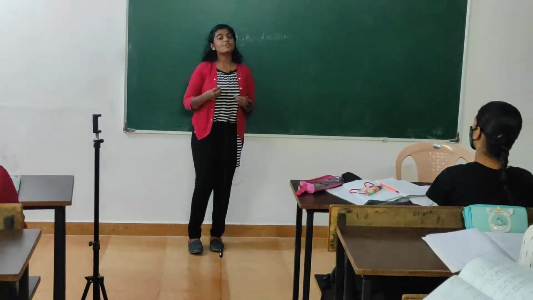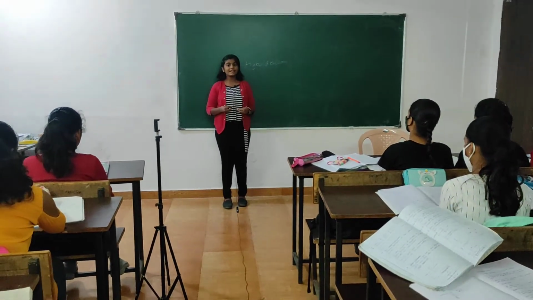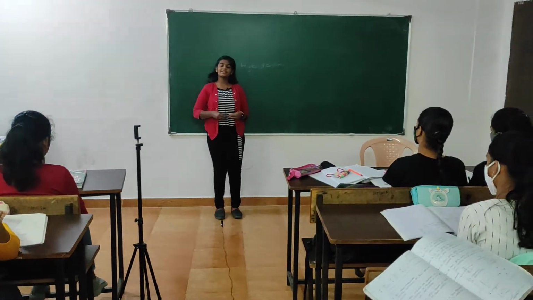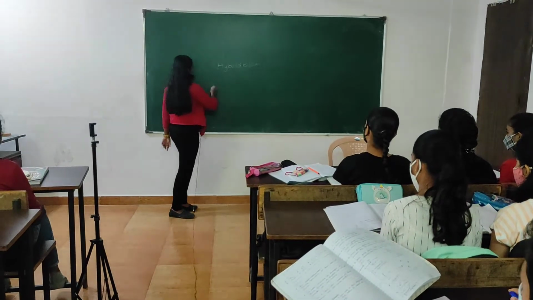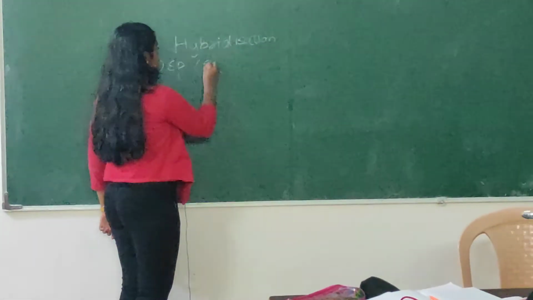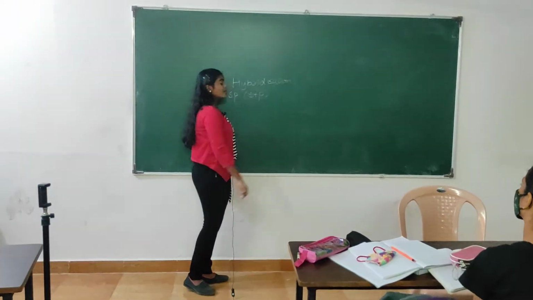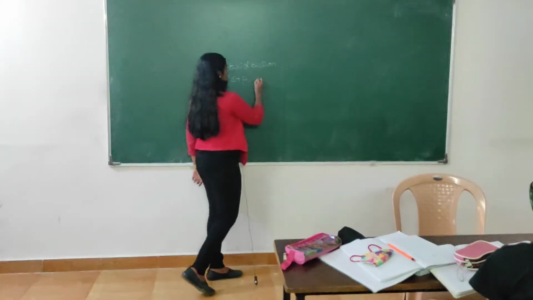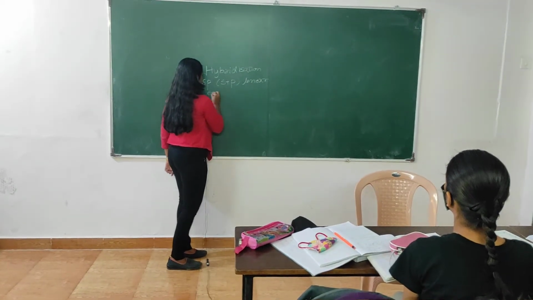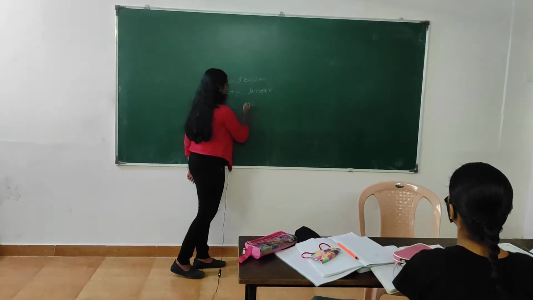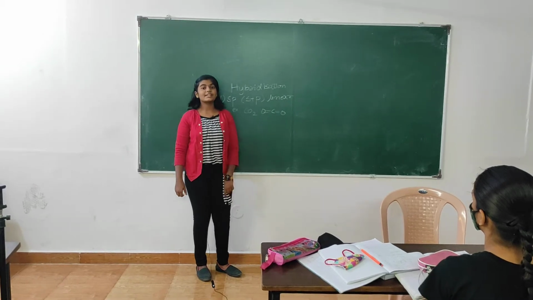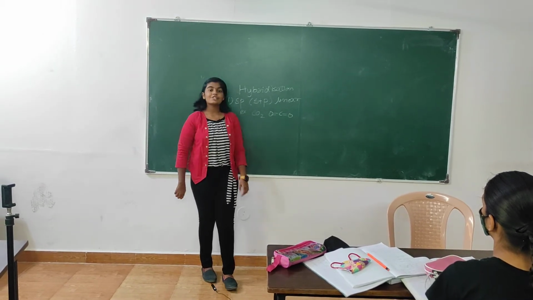Now there are certain types of hybridization. First of all, let's discuss those, and eventually I am also going to tell you about the formula to find the types of hybridization. The first hybridization that we have is sp hybridization. Here there is an intermixing of one s orbital and one p orbital, and the structure of sp hybridization is linear. The example of sp hybridization is CO2. Here the central atom is carbon and two oxygens are attached with it by double bonds, as the valency of oxygen is 2.